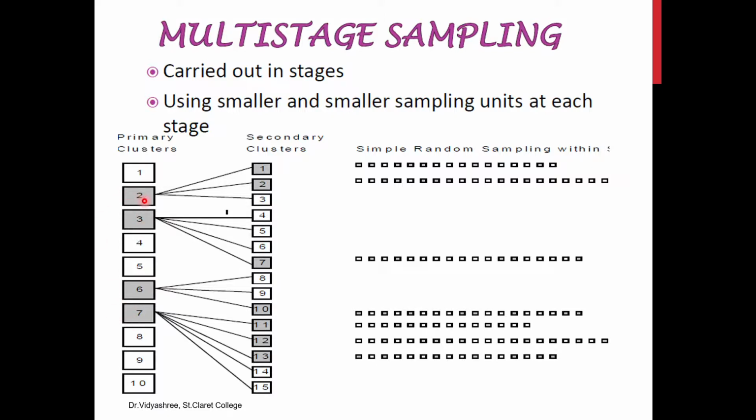And after this, patient number 2 or the area 2 has sub-secondary clusters as 1, 2 and 3. What the researcher has done is, in the secondary clusters, he has randomly picked first and second. The same way for 3, there are 4 secondary clusters, he has randomly picked 7th. For 6, 3 are there, he has randomly picked 10th. For 7, 5 are there, randomly picked first 3. So if he is randomly picking a few people in the secondary clusters, that is called simple random, and that is nothing but the multi-stage cluster sampling.